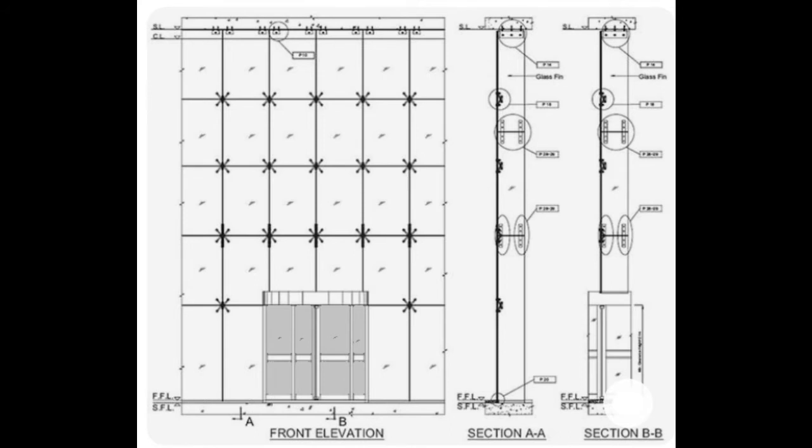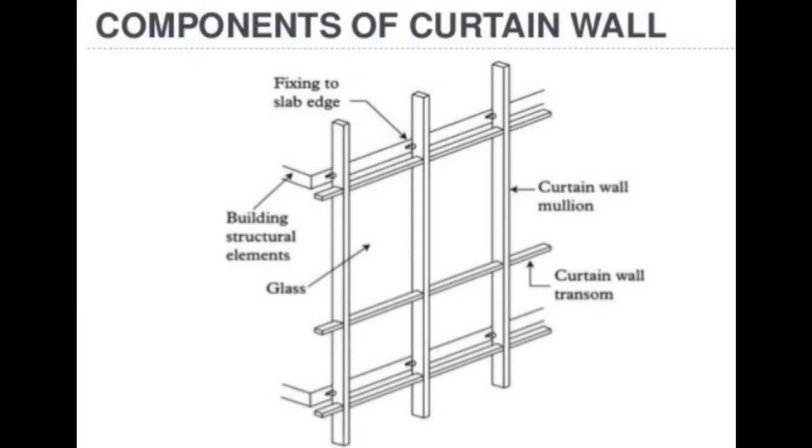Now let us see what the various components of a curtain wall are. There are various types, but in every type there are going to be basic common components. So what are these? First and very basic would be the mullions. Now these mullions are vertical members that are going to span from floor to floor level, or they can span in between as well. Then we have horizontal members that are the horizontal rails or even spandrel panels.